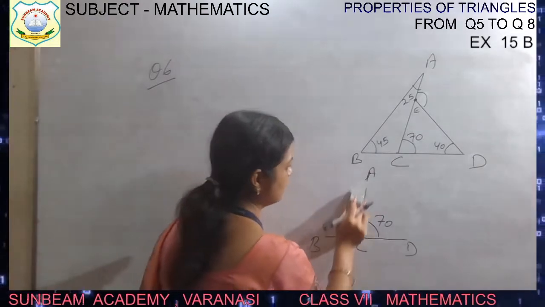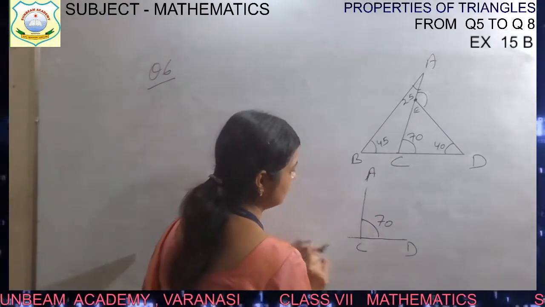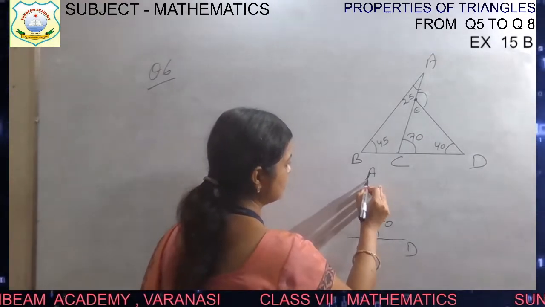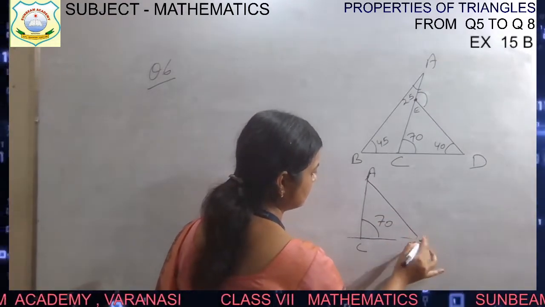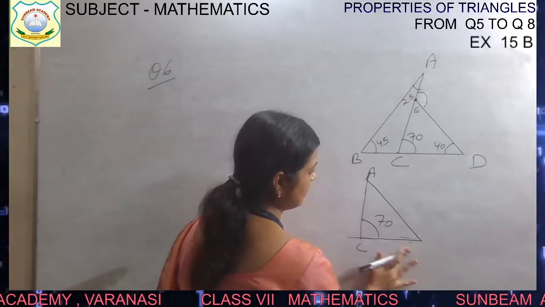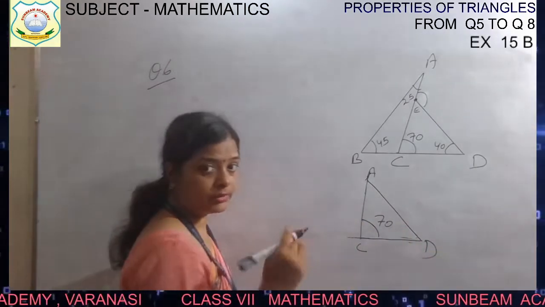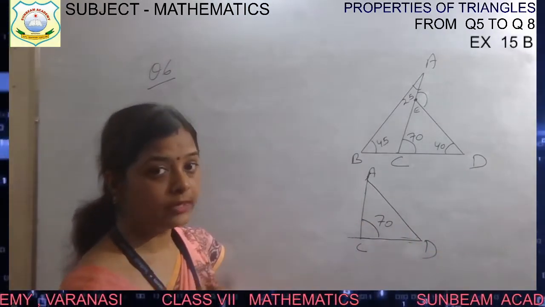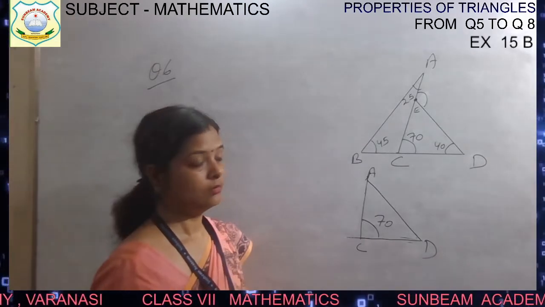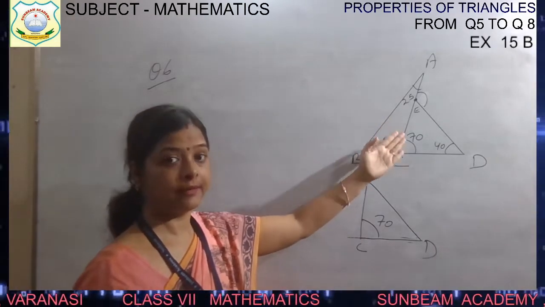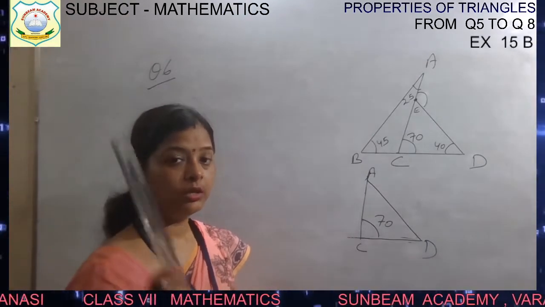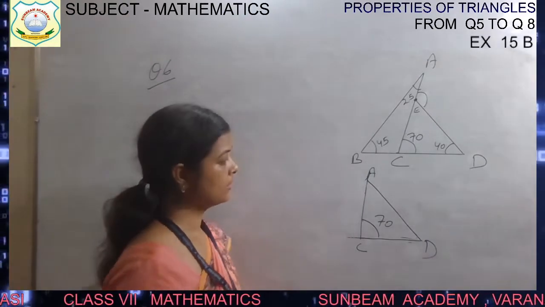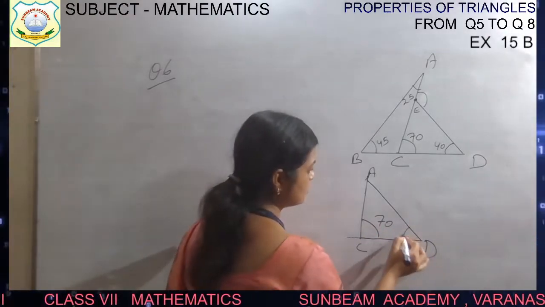You forget this one. Now see this one. See this triangle. Which triangle? The second one. This. Okay. This is a rough diagram, children. That's why I am drawing without using the ruler. But for drawing this diagram, you will use the ruler. I have also used the ruler. Use ruler and pencil.